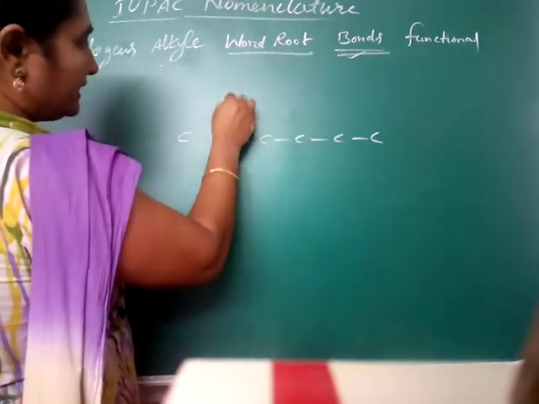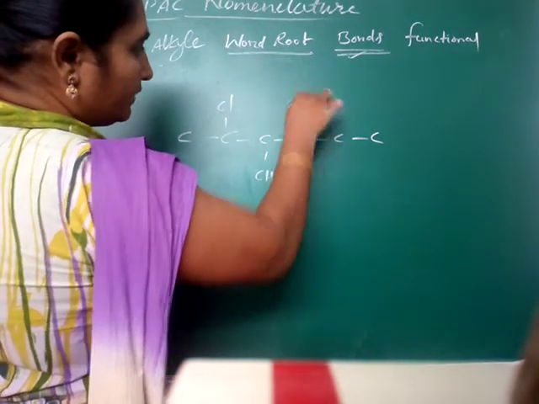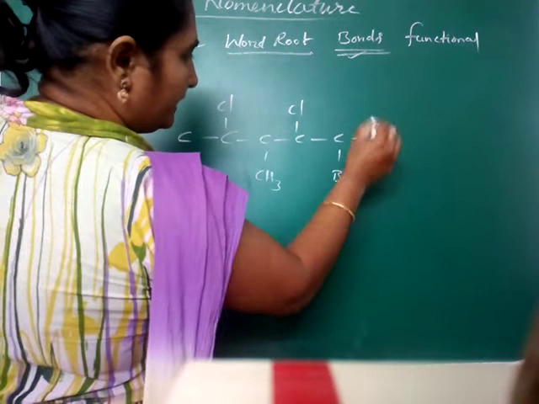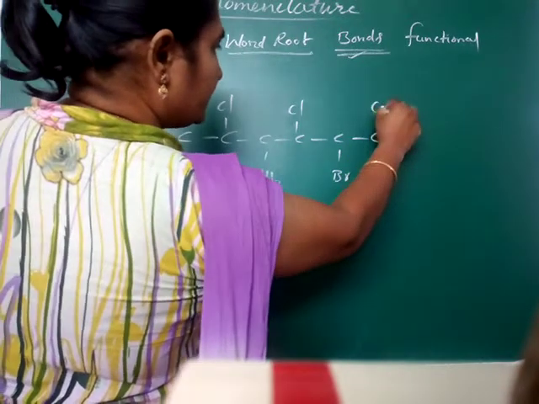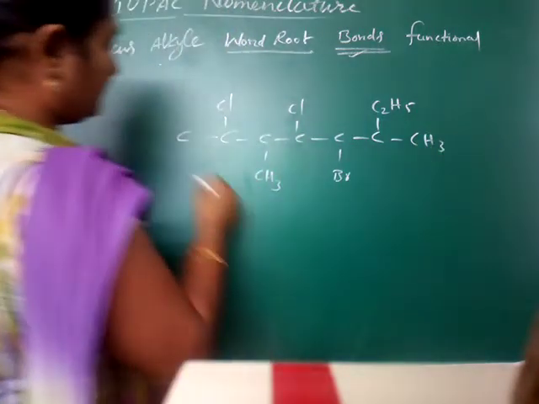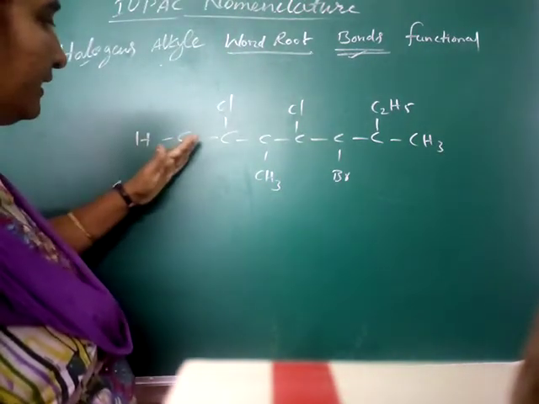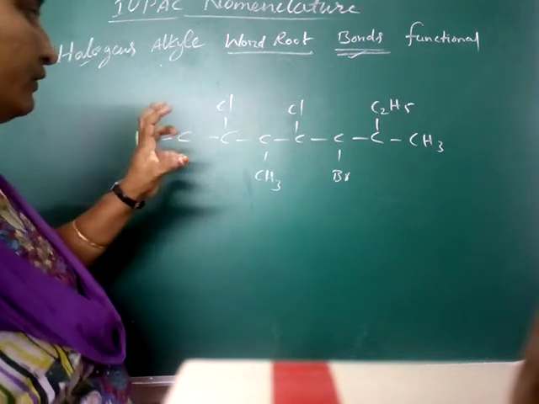Suppose there is a chlorine and a methyl group. Another chlorine is there and bromine is there. Again, C2H5 and CH3. Okay, now what do you have to write? All the remaining bonds you have to write